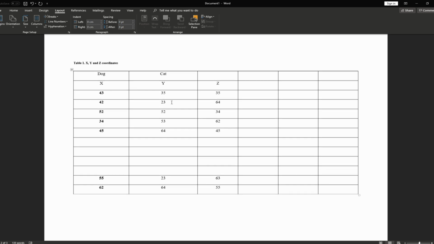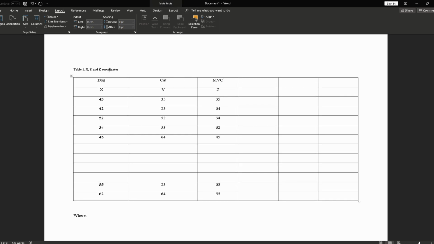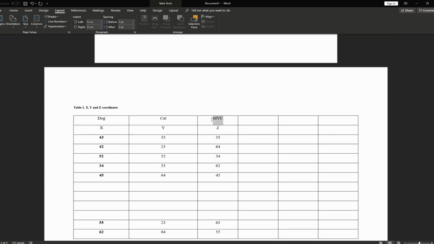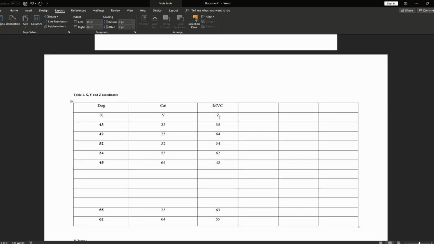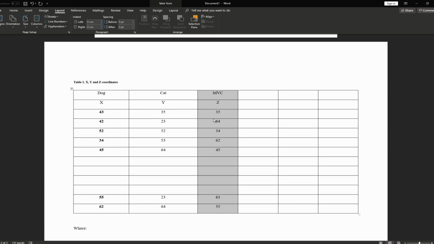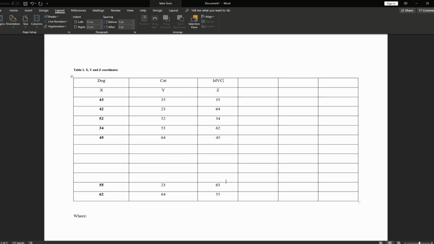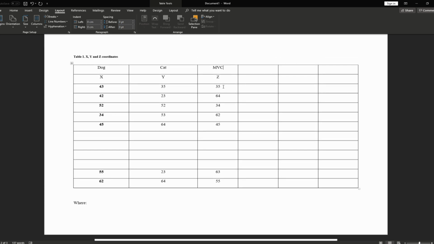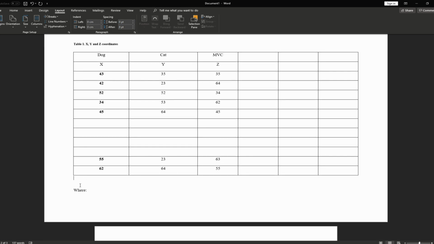If you do use acronyms or anything in the tables, so let's forget about the coordinates. Let's say this column was to do with MVC. If you're a reader looking at this or a marker, you might have no idea what an MVC is, and you'd have no idea what this column meant, which means it's very hard to interpret, which probably means you'd lose marks. So in order to get around this, below the table, I'll zoom in a bit,